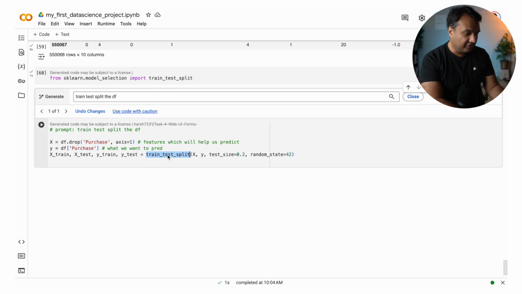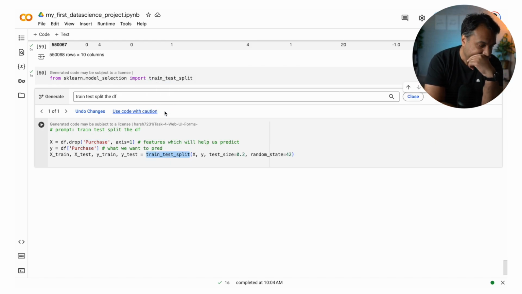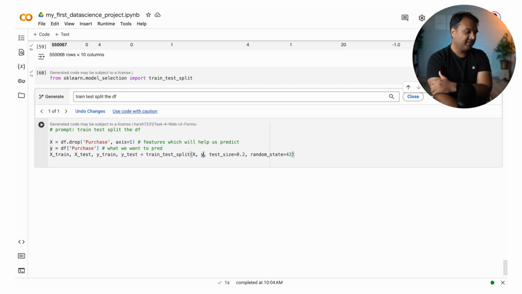Let's look at this. So train test split is what we imported. X is the features which we are trying to use. So this includes some user-related features, their age, their gender, etc. And Y is the purchase. How much do they spend? And then we are saying the test size would be 0.2 or 20%. We can increase the test size, but 20% seems reasonable. So 80% of the data, most of the data, we'll be using to train the model. 20% we'll be keeping on the side.